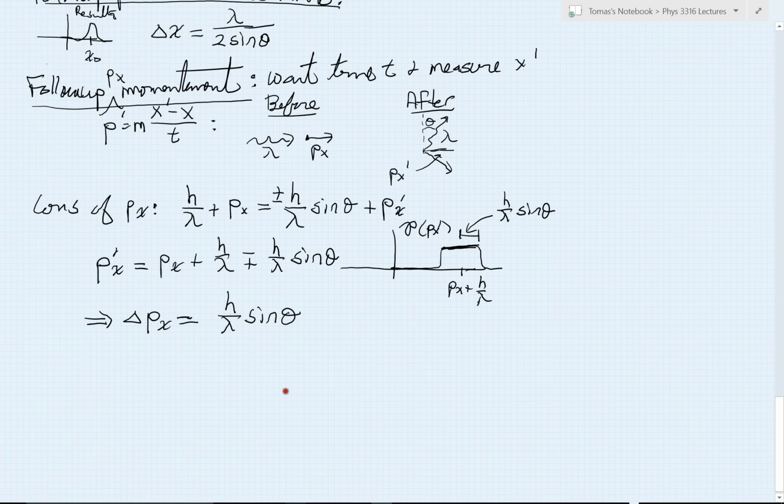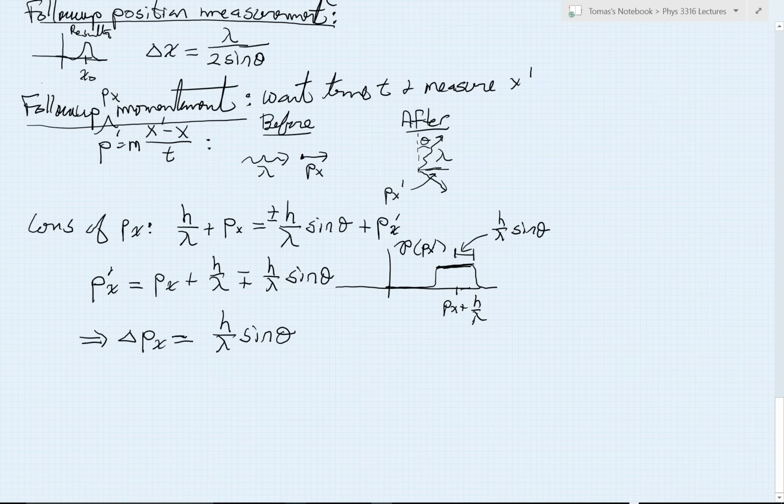And now I can check my product. And notice these things seem to be in tension, right? To minimize delta px, we can see the physical effects in tension. To minimize my delta px, I would want to send lambda to infinity. And you can see that would be a very good thing because then I would have these very long wavelength, low energy photons that carry essentially no momentum. So they're not going to transfer anything to my particle. So there won't be this much effect at all from these collisions,